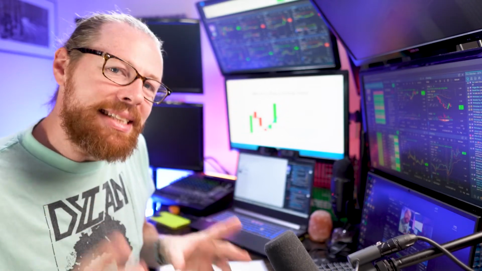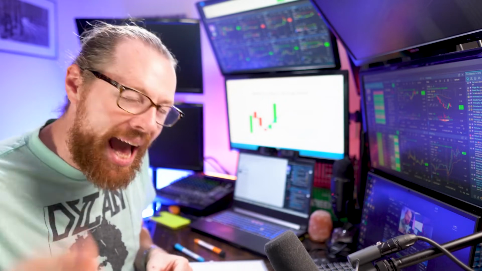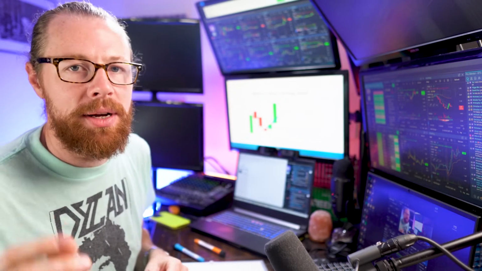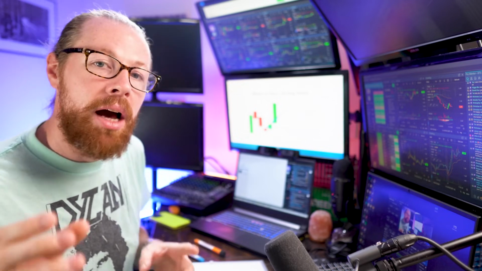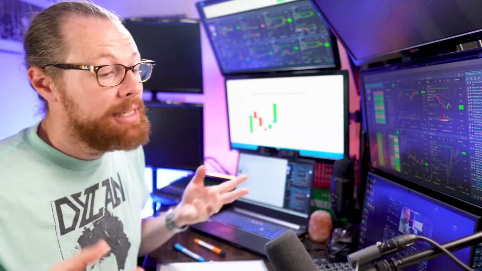Why? What makes these patterns work is that high relative volume. So you have to make sure you're focusing on stocks with high relative volume. That's a big mistake a lot of beginner traders will make. They'll see the pattern, but then they apply it to the wrong stock, and therefore they don't find consistency.